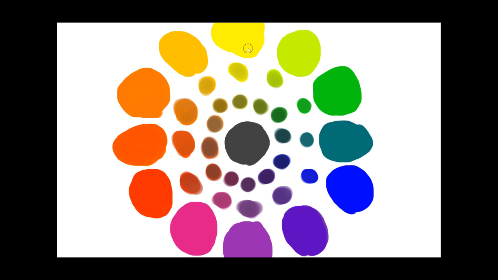You also have split complementary, tongue twister, split complementaries, which are yellow and either blue violet or yellow and red violet. These are the colors that are right next to the complementary on the color wheel. Those are split complementaries. But what you can do is add just a little bit of the complementary. So say with this reddish here, if I add just a little green, like I'm going to use very little amount, like that much. Say if I add a little bit of green,